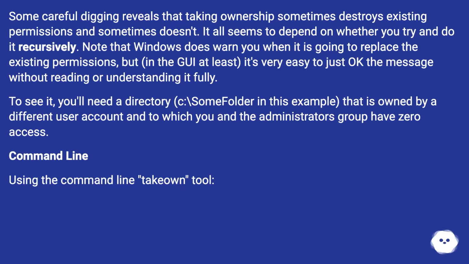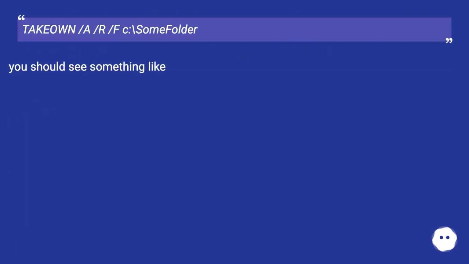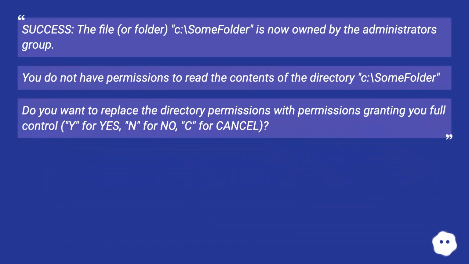Command line. Using the command line takeown tool: takeown /a /r /f c:\somefolder. You should see something like: "SUCCESS: The file (or folder): "\somefolder" now owned by the administrators group. You do not have permissions to read the contents of the directory \somefolder. Do you want to replace the directory permissions with permissions granting you full control? (Y/N/C)"